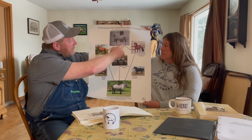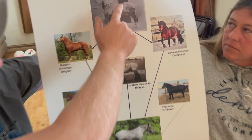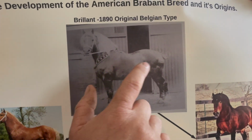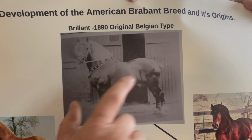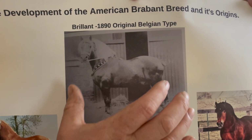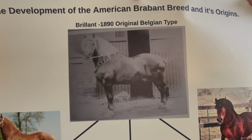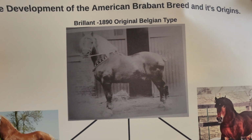And you see the clean legs. You see the long rectangular horse that appears to have a short back. It appears to have a short back because it has a long, massive croup for power. It has proper shoulder slope that makes the back appear short, even though it's a long horse, creating a long underbelly. That's a huge benefit for the mares, to have enough room for a foal and